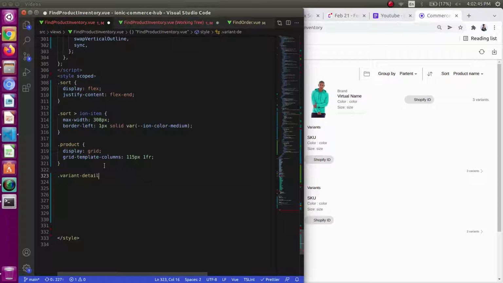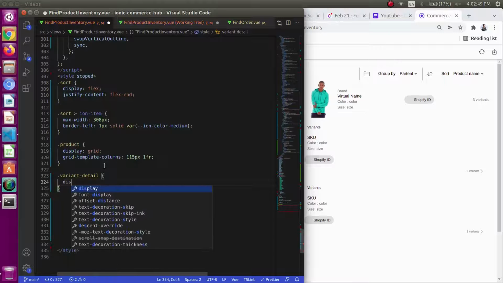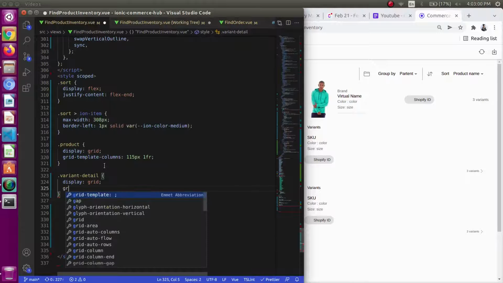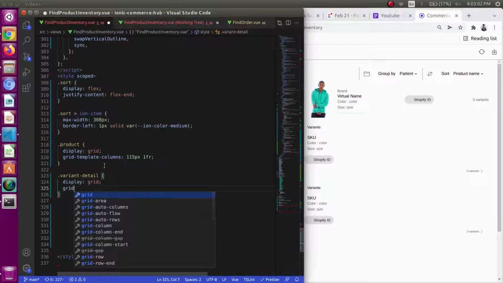The section header is common, but this variant thing is not common. That is why we are applying different CSS to it and not using the section header part.